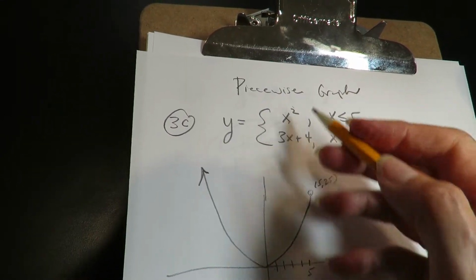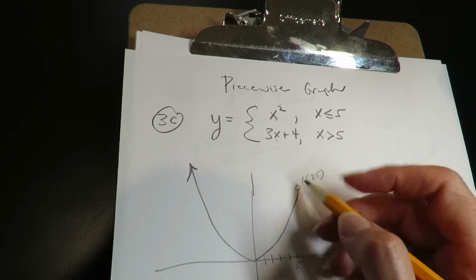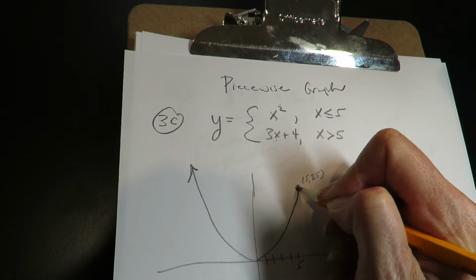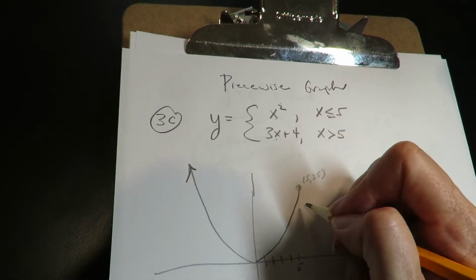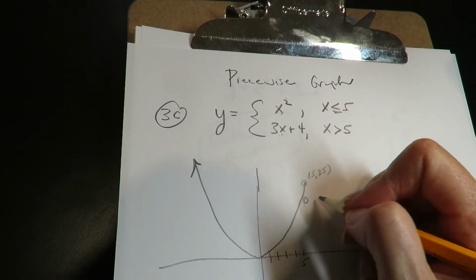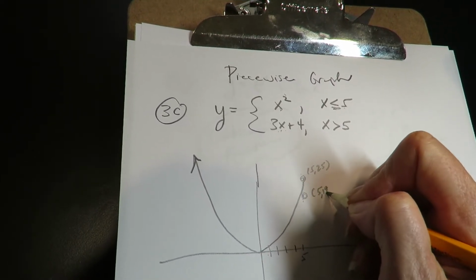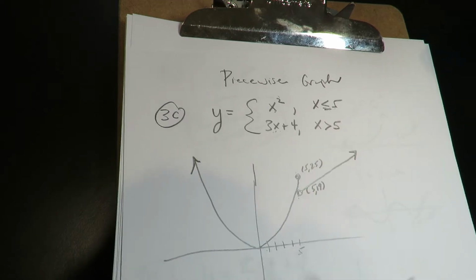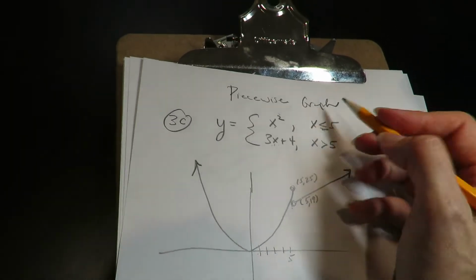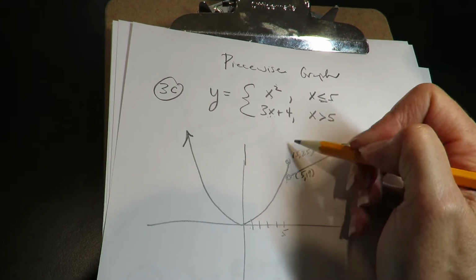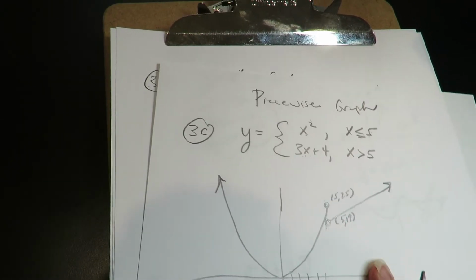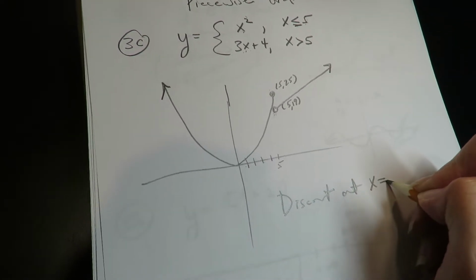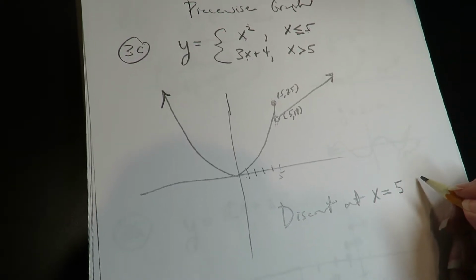And then this other graph, if you plug 5 into here, it's at 19. So this graph is at 19 at 5. And again, this isn't drawn to scale. This one's solid because it has the bar. And this one's going to be open at 19, and it goes up with a slope of 3, so it's going to be going up. This is just a really rough sketch, but this is what it looks like because at 5 it's not connecting, it has a gap. At 5 it has a gap. So we would say that this is discontinuous at x equals 5, and we would say it's non-removable because